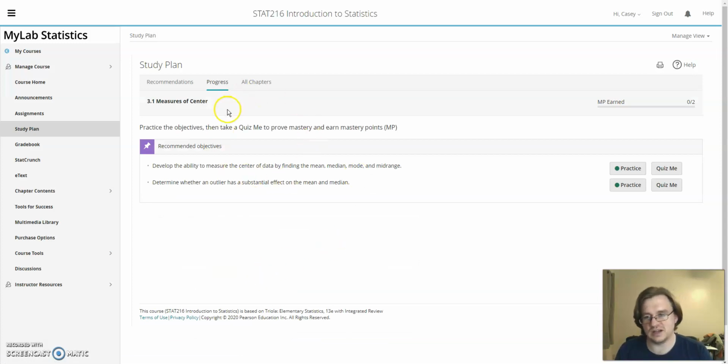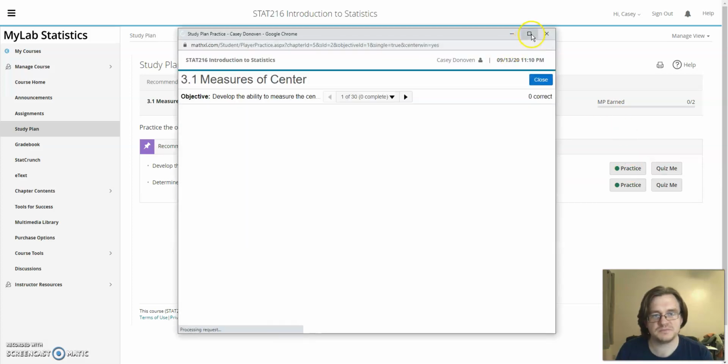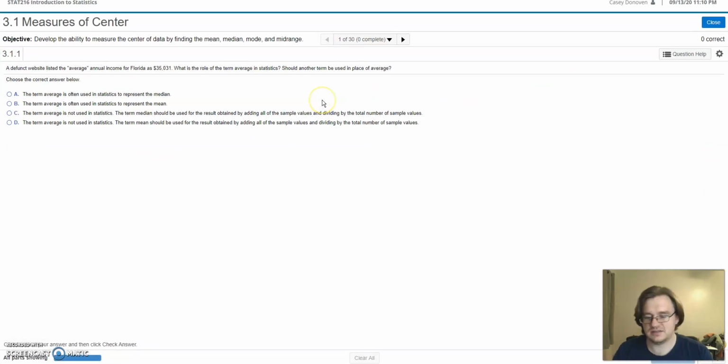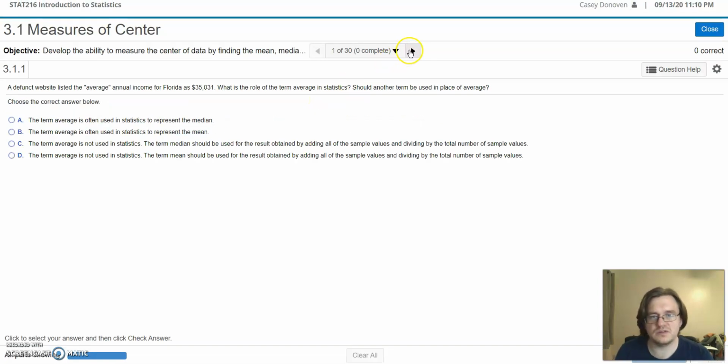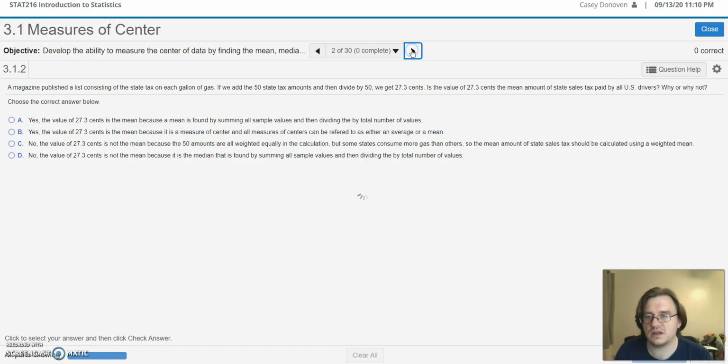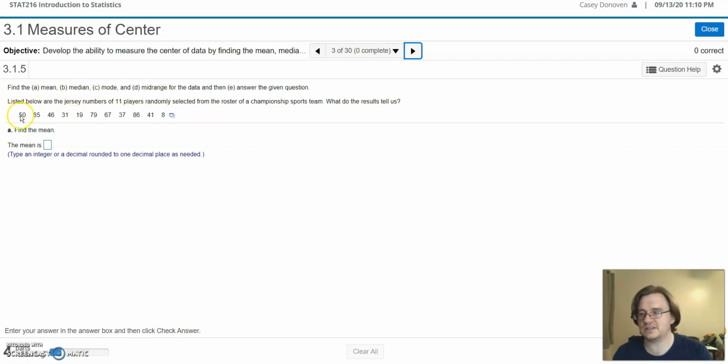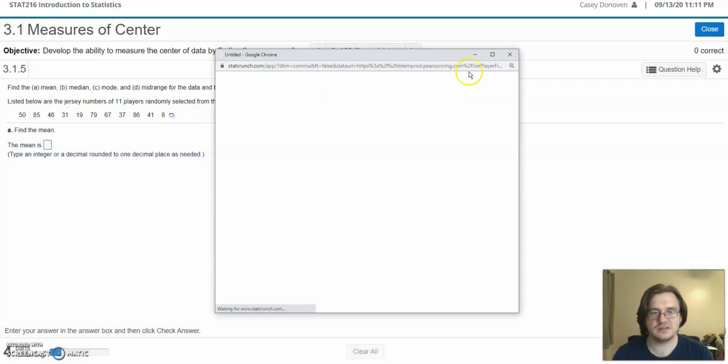So I'm just going to go into section 3.1 and go to the practice problems, and I'm going to go to question 3, I think. Yeah, so it gives us some Jersey numbers, and it'll ask us for the mean, median, mode, and mid-range, and then it'll ask us what do these results mean. So here are some Jersey numbers, and we can open this in StatCrunch,